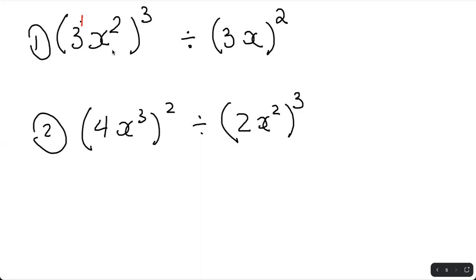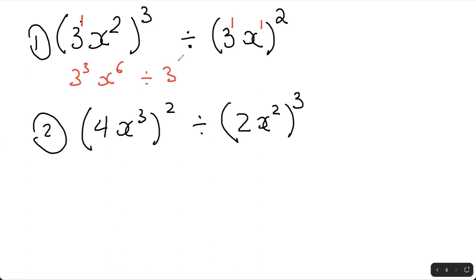So here, for instance, you have (3^1 x^2)^3 divided by 3. As I said, the 3 has a 1 and the x has a 1. So now you multiply the exponent into the exponents inside. When you have an exponent outside the brackets, you have to multiply this exponent and all the exponents inside the bracket. So that becomes 3 cubed x to the 6 divided by